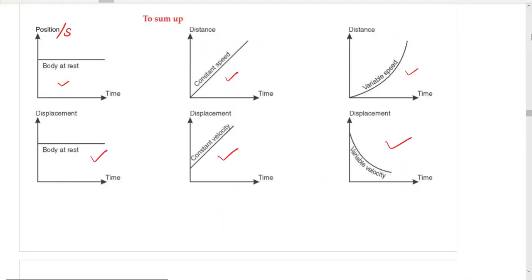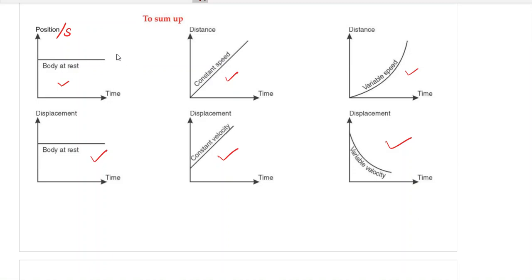Physics Chapter 1 Motion. So in the last part we did graphical representation of motion, some introduction to it. Today we are going to solve some numericals based on it, so our concept becomes stronger. Just to give you a little revision on what we did in the last part, I would like to draw your attention to these graphs.